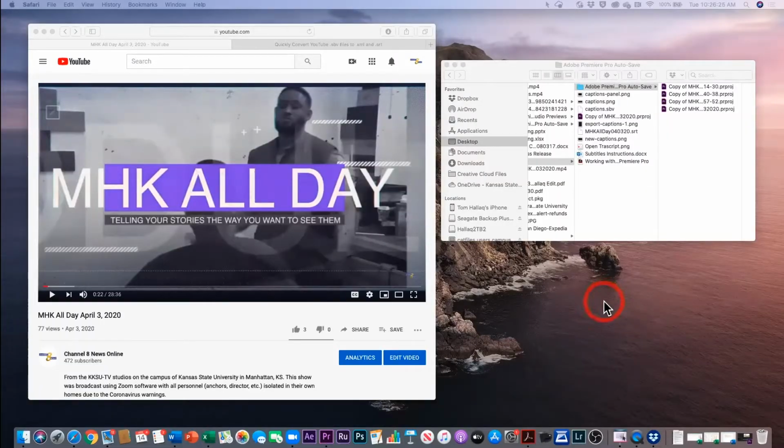So we're all probably familiar with YouTube's captioning. You may know that they are not particularly accurate, and one of the things we're concerned about with our captions is accuracy. However, YouTube is a good starting point, and we can go in and edit their captions and improve upon what they have done instead of building from scratch. So you need to be signed into your own YouTube page or a page that you have administrative rights